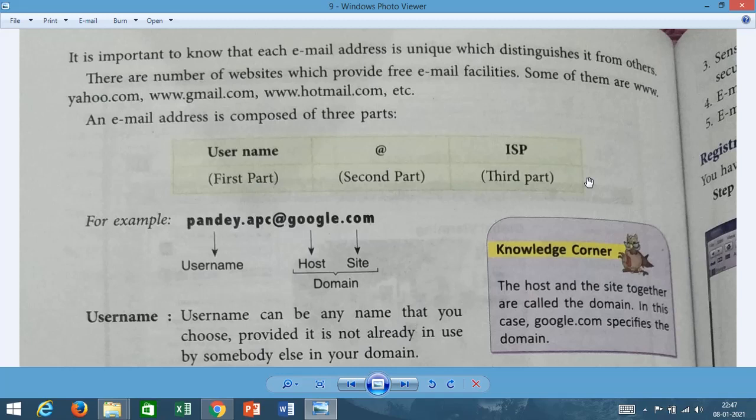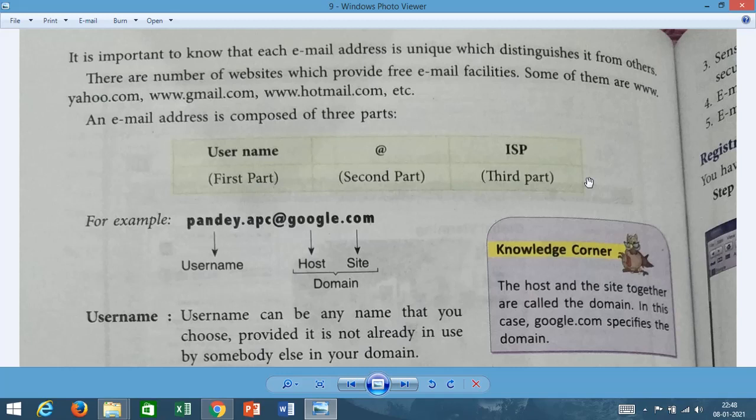The first part is called the username, the second part is the connector, that is the @ sign which is given in between, and the third part is the domain. Like here one example is given on the screen, pandey.apc.